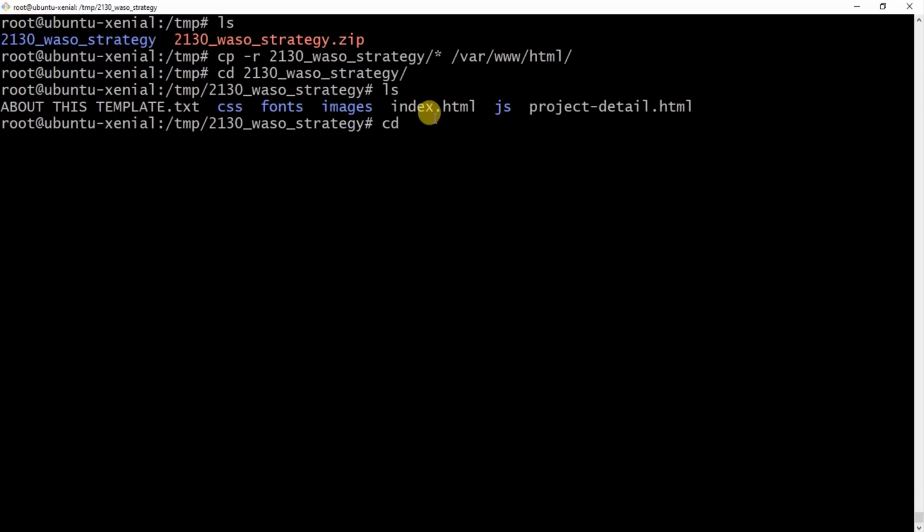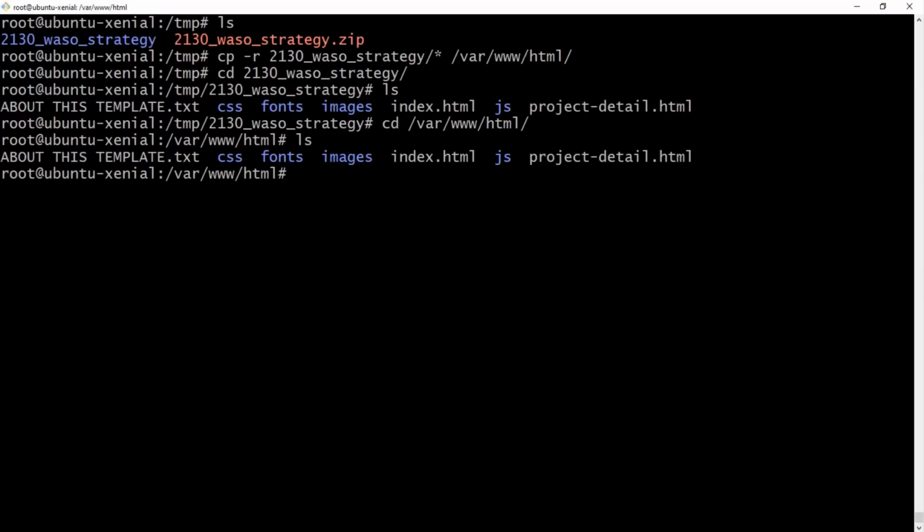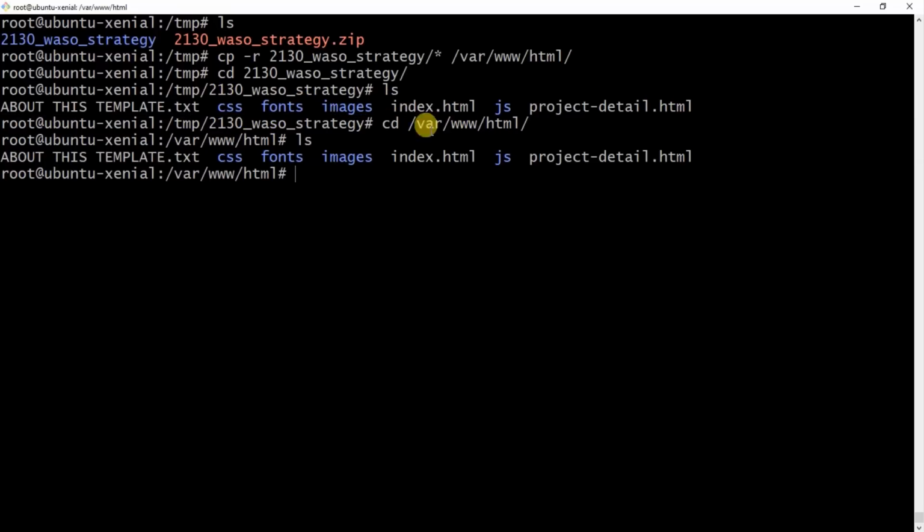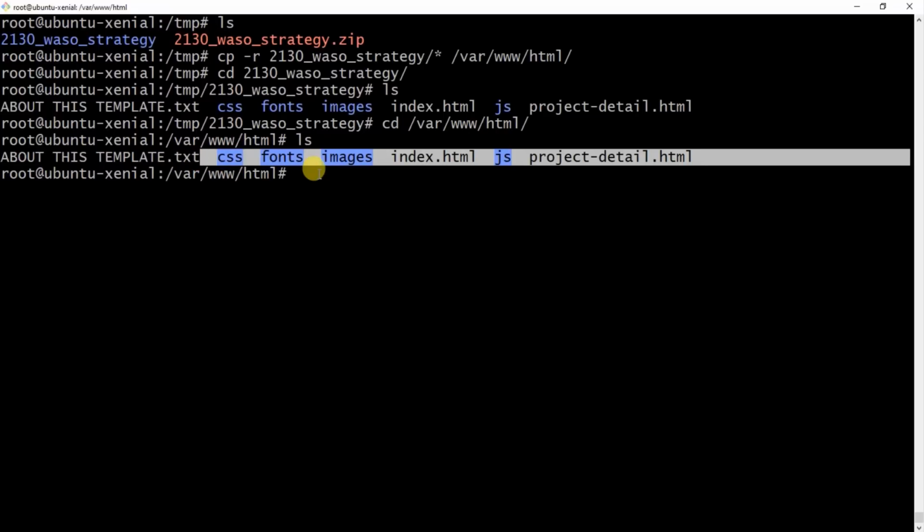So now we are going to sit into that, and then just to show you what's happened. Now I'm there. Can you see? Look at the location, and look at the location here. Where is it? Look at the location here as well. You see they have the same content, and that's the goal, because this is the temp directory. Probably after the restart this will go, because temporary files are located here. I put it here, so that's why I extracted it there, then copied it onto this permanent location. And also apart from it being a permanent location, it is the home page of the web service that we host on this